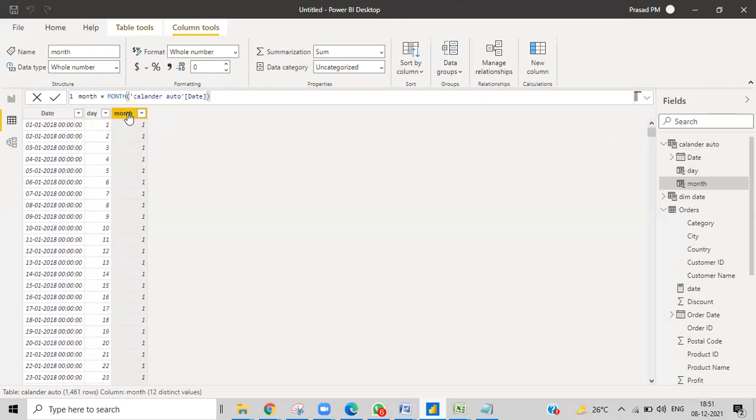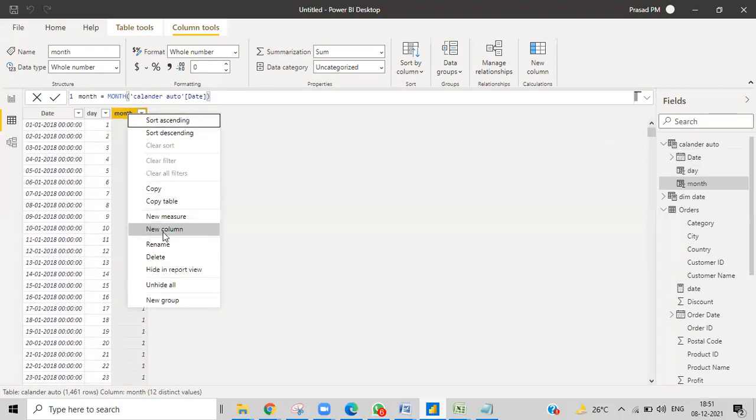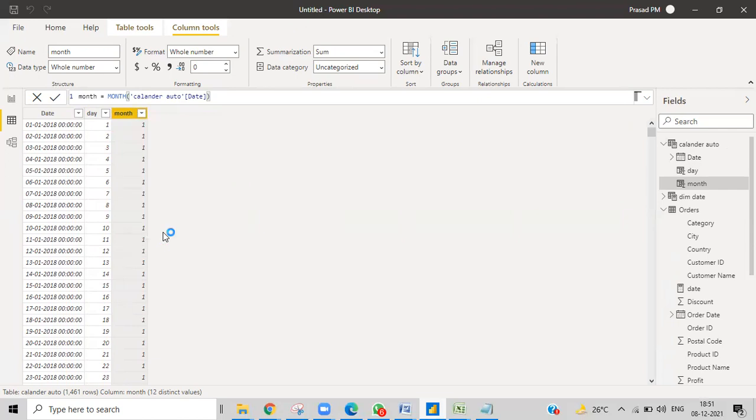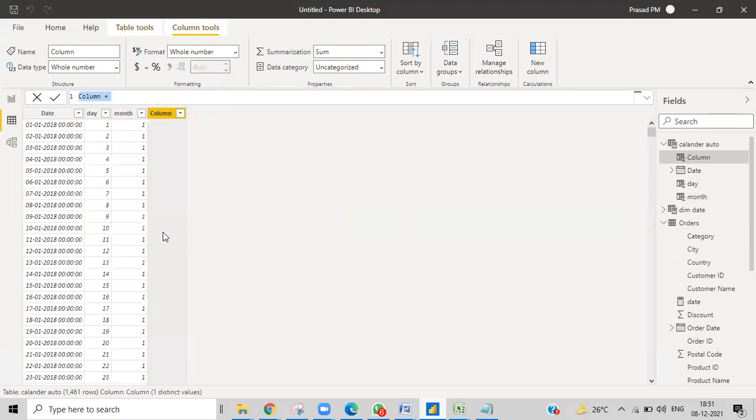Right now I want to create a new column for year, or maybe quarter first. You know what a quarter is, right? Every 3 months comes into a quarter, so for a year we will have 4 quarters.